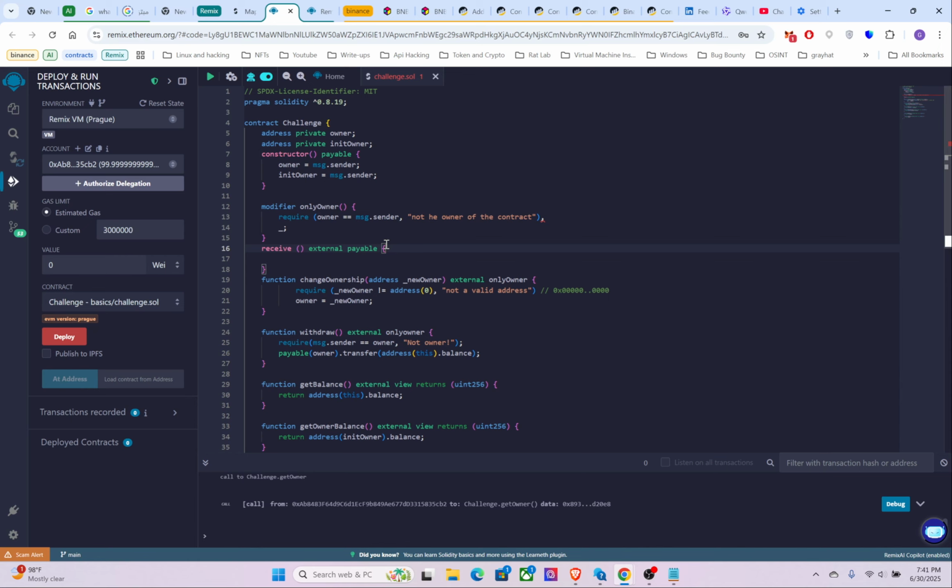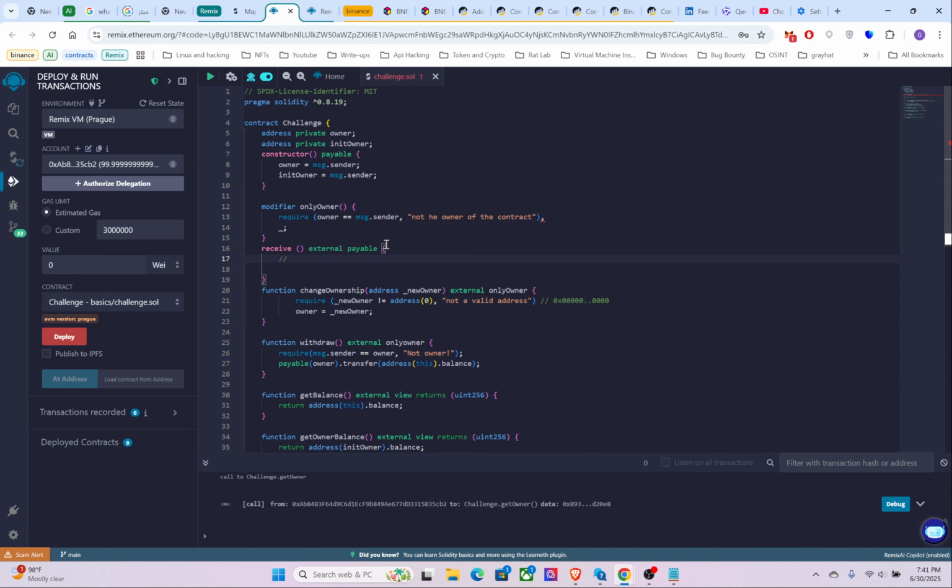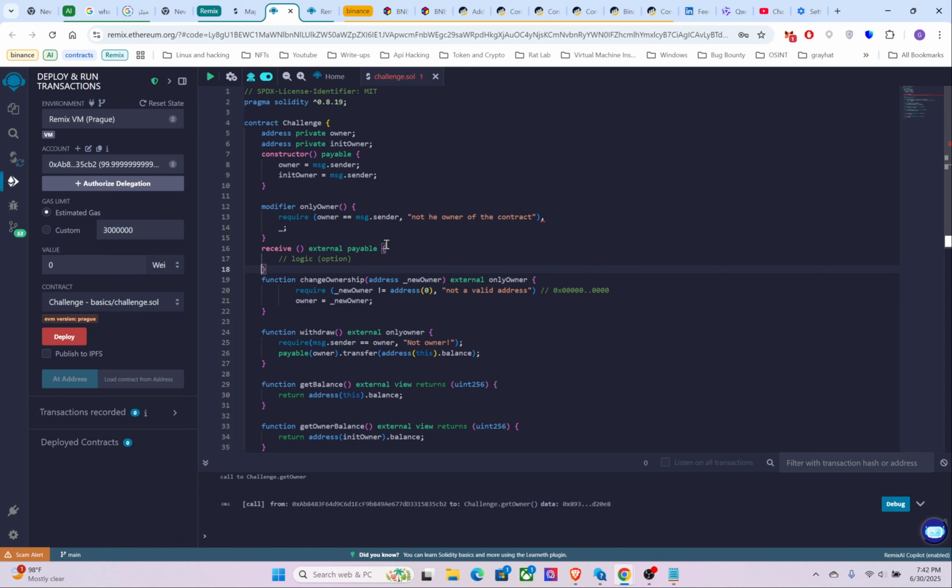So in here, you can put some logic, for example, you can specify that the sent amount must be superior to 1, or anything that you want. But I'm going to make the logic optional here, so anyone can send any amount they want. Okay, so